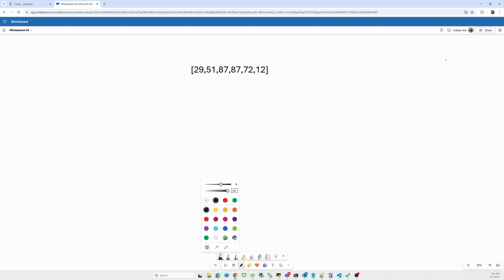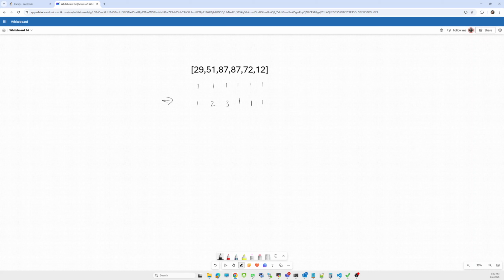Initially we assign one candy each: 1, 1, 1, 1, 1. Now iterate from left to right. This 51 is greater, yes, so 1 as it is. This 15 is greater, so it will be 2. 87, yes, so it will be 2 plus 1, which is 3. Then 72 gets 1, and 12 gets 1.